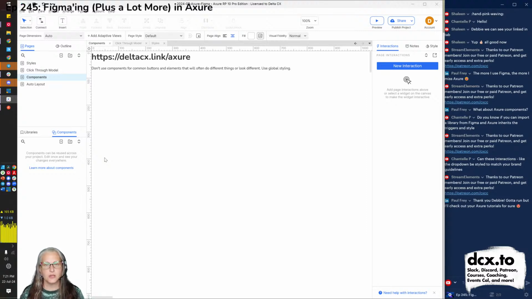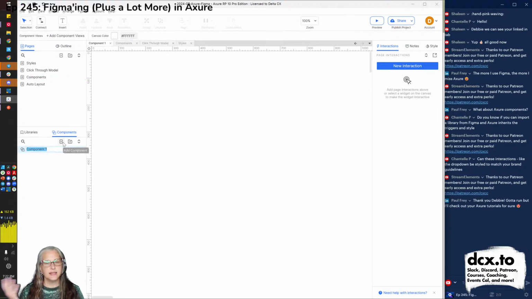When you have something you're going to use over and over again on multiple pages or screens of your prototype, you probably want a component because, just like we had global styles, a component is a global element with one or more widgets in it that you can globally control, where you change it once and it changes everywhere. Let's make one. Let's start with something simple.